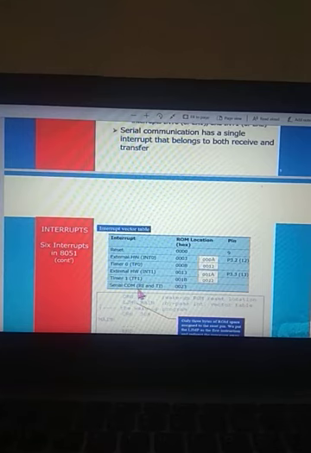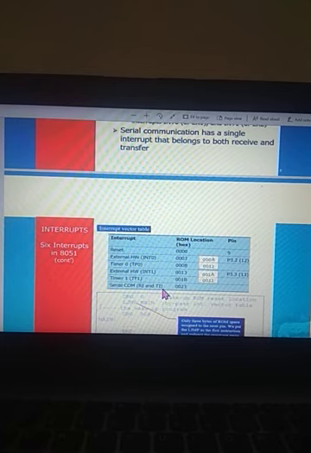The last one is the serial communication interrupt, with the RI and TI flags. With the serial communication interrupt, two flags are associated, the RI flag and the TI flag. The RI flag indicates that a byte has been received and is available for reading in the input buffer.